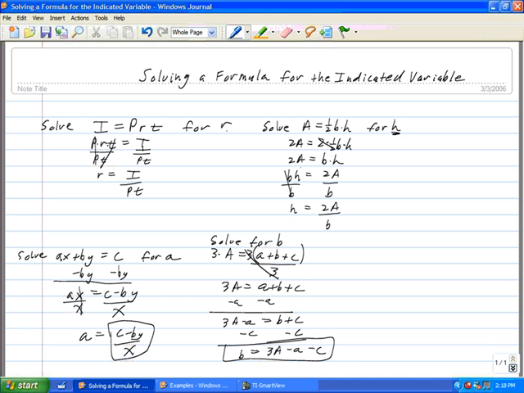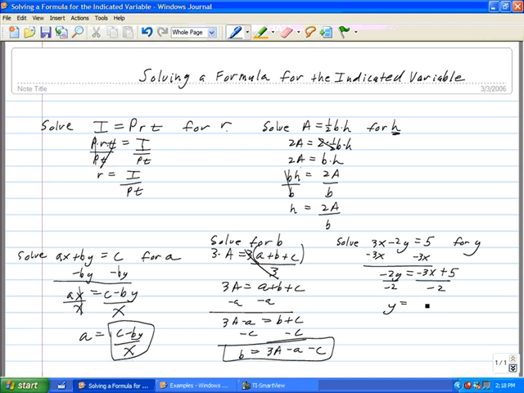Let's do one more. Let's take 3x minus 2y equaling 5, and let's solve that for the y. Okay? You don't want to divide off first. Remember, when you're solving an equation, use your addition property before your multiplication property. So I will subtract off the 3x. Now you could write this as 5 minus 3x. I like to see my variables up front and my constants afterwards, so I'm going to write that in my preferred order. You're going to divide off the negative 2,